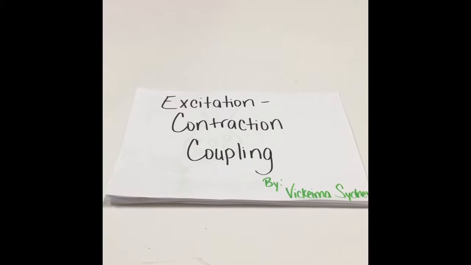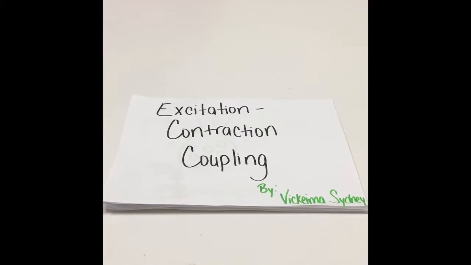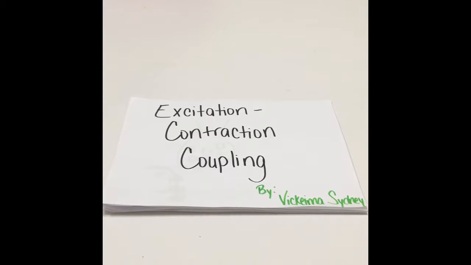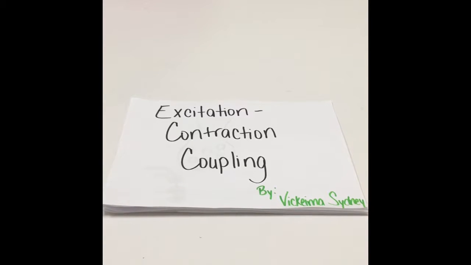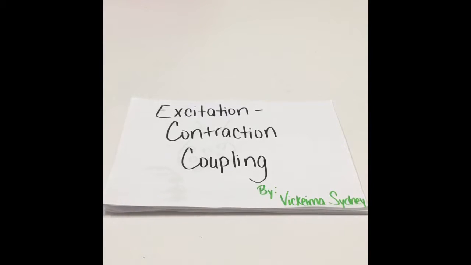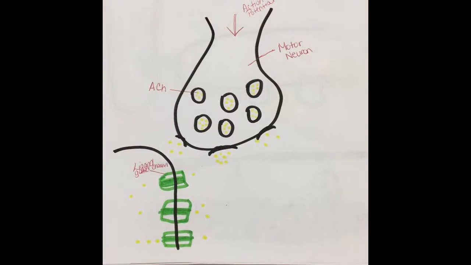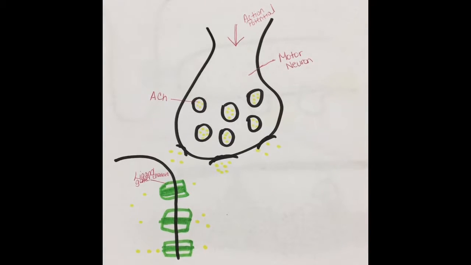Today, I will be discussing excitation-contraction coupling. Excitation-contraction coupling is the connection between the electrical action potential and the mechanical muscle contraction. A motor neuron is a nerve cell that originates in the spinal cord and synapses with muscle fibers to facilitate muscle contraction. Each skeletal muscle fiber is controlled by a motor neuron, which conducts signals from the brain or spinal